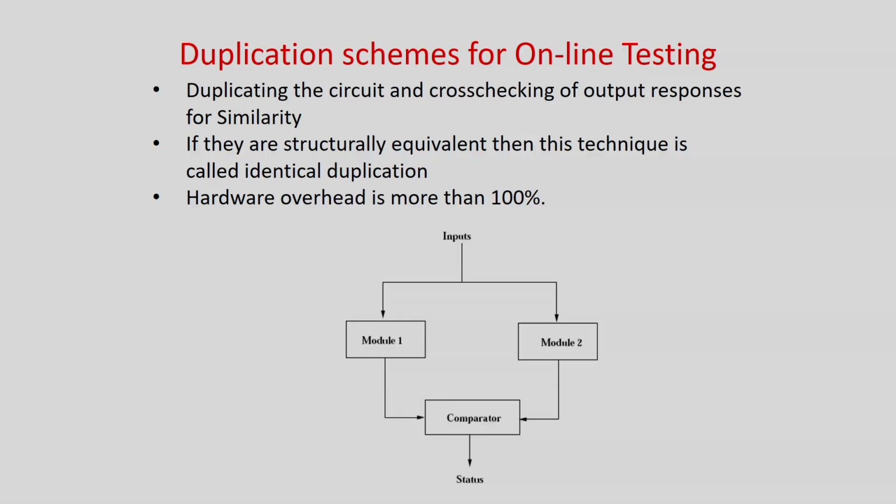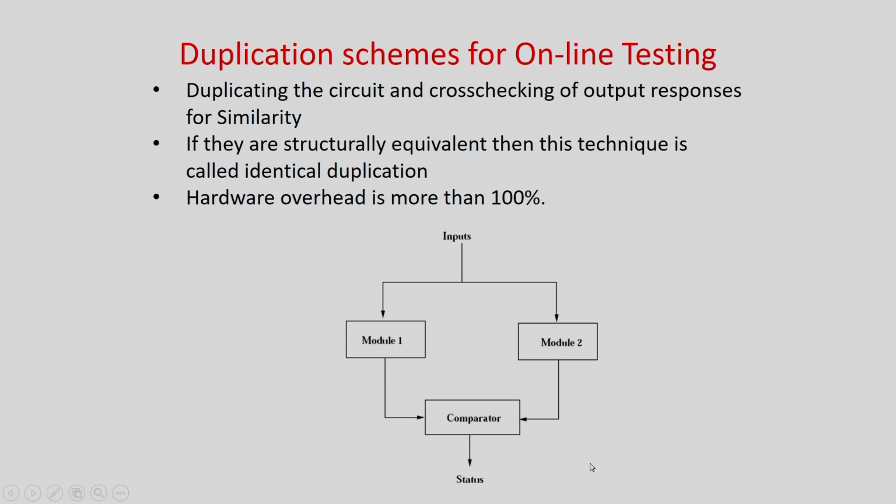So if you assume that I will not have any bidirectional errors, or I design a circuit so that bidirectional errors are avoided, in that case the fault coverage is very high. But as I told you, intrusivity is not liked by most of the design engineers. So some people thought of handling it in a very different manner. They started from a very fundamental design, asking how I can do online testing without changing the circuit itself.